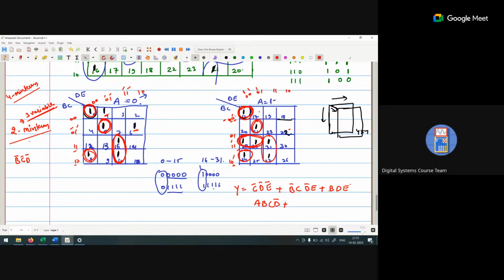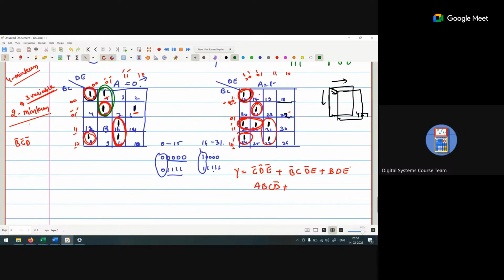Okay. Now we are creating a group of this particular min term. So we can create a group of this one. This min term. Okay. Now for this min term, A is also constant. What is the value of A? 0. So A bar. The value of B is also constant, 0. So it becomes B bar. The value of D is 0. So it becomes D bar. And the value of E is 1. So it becomes E. Plus